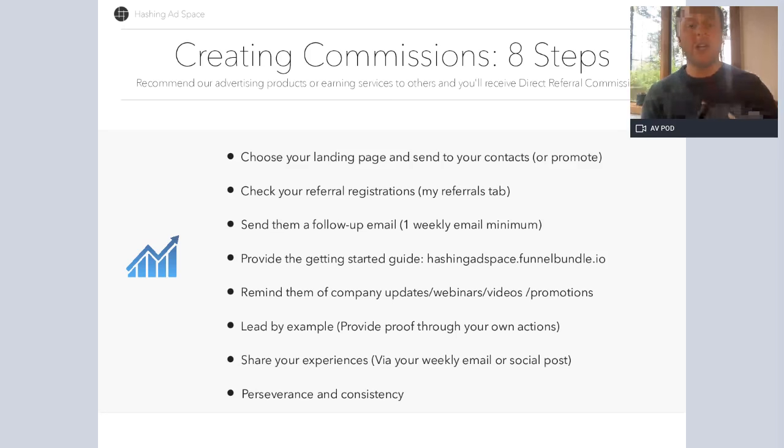Think about, how can you help people? How can I give this information? How can I help my referrals earn more, understand more, have the support that they need, get all of the information that they need? How can I do that? And if you follow these steps, then they'll start listening to you, they'll start buying the products, they'll start using the services, and you start earning more as a result.